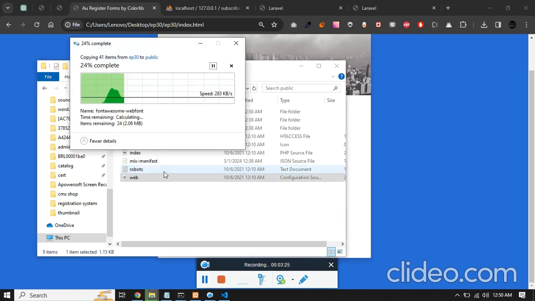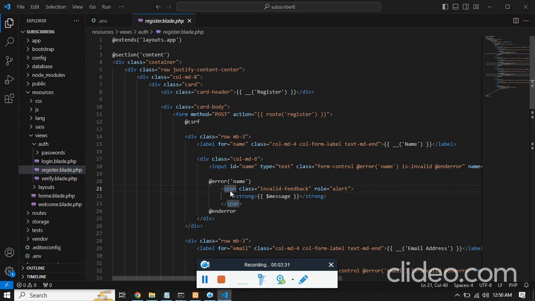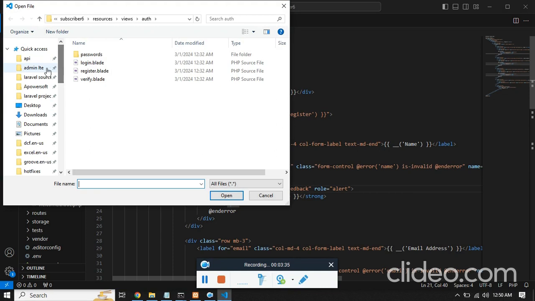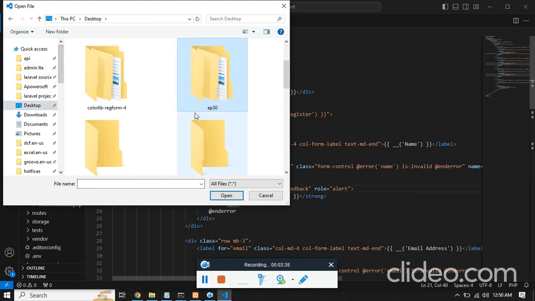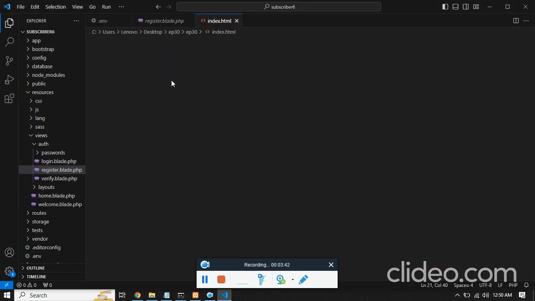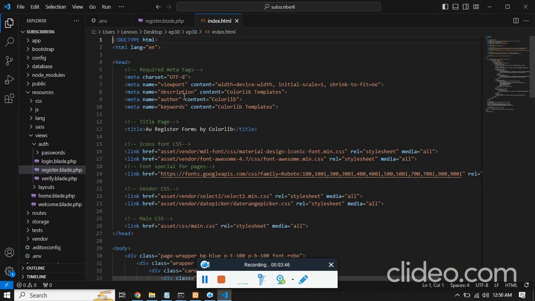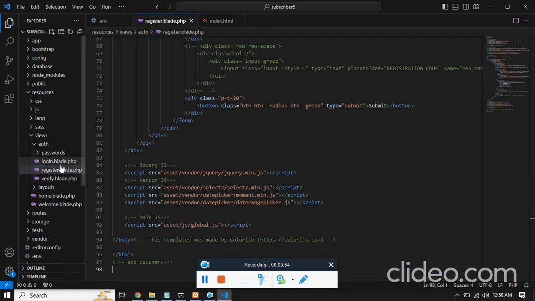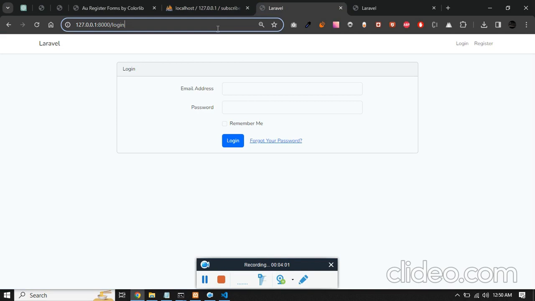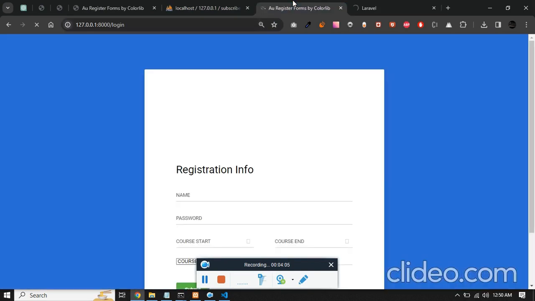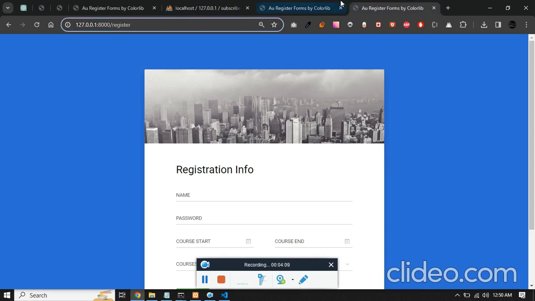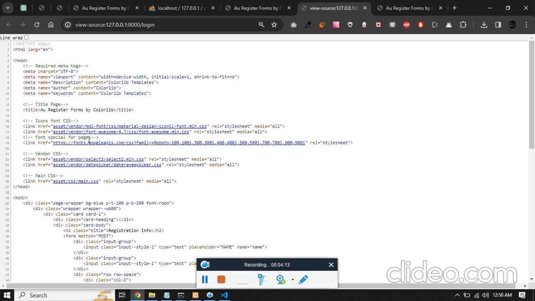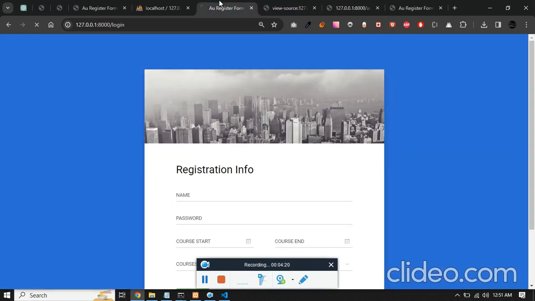Now what we need to do is open this index.html in our Visual Studio Code. It's in the desktop, episode number 30, and we have index. I'll copy this index file content and paste it inside register.blade.php and login.blade.php. Now if you visit the login and register, both of them will have the same file. If I press Ctrl U and click on the link for the CSS, it is accessible. If I make a hard refresh,